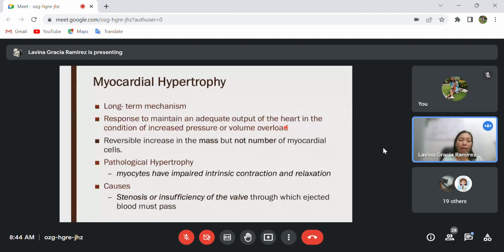Later we will talk about that. Now, pathological hypertrophy, so myocytes have impaired intrinsic contraction and relaxation. So ito yung magkakaroon na ng impairment o hindi na kinakaya. Okay? And the causes of this hypertrophy may lead to stenosis or insufficiency of the valve through which ejected blood must pass. So dahil makapal na siya, so it affects now the volume, okay, and of course it will increase